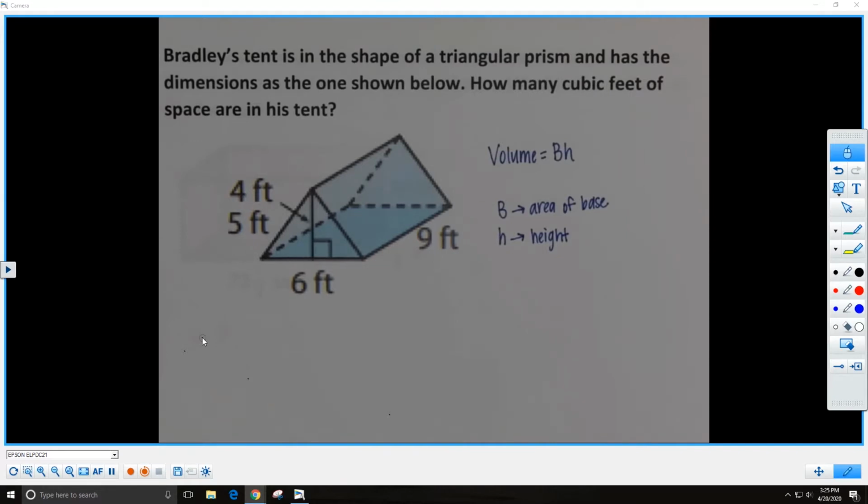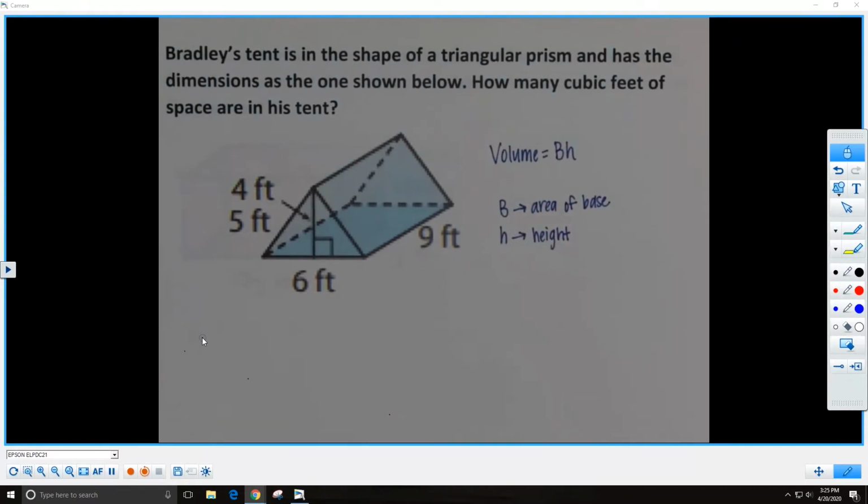You're probably going to want to write that formula down, and you may want to note what these two things mean as well, because we'll be using this formula as we solve problems today. Okay,